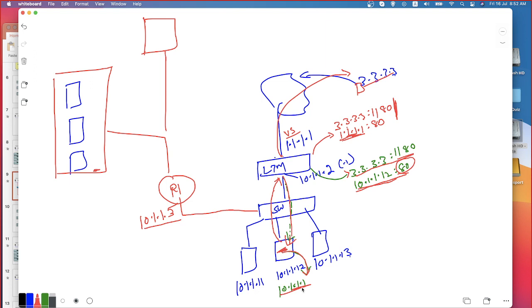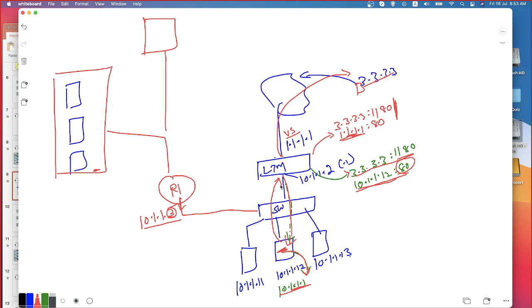Now tell me, what will be the default gateway on the servers now? Is that going to be 10.1.1.1, which is the internal interface IP address, self or floating, or 10.1.1.3, that is the router's IP address? What will be your default gateway in this case? Because you cannot have more than one default gateway, am I right or am I wrong? How many default gateways can be configured on a PC? Right, in this case I have two different entries. One is going to be my LTM, the other one is going to be my router.